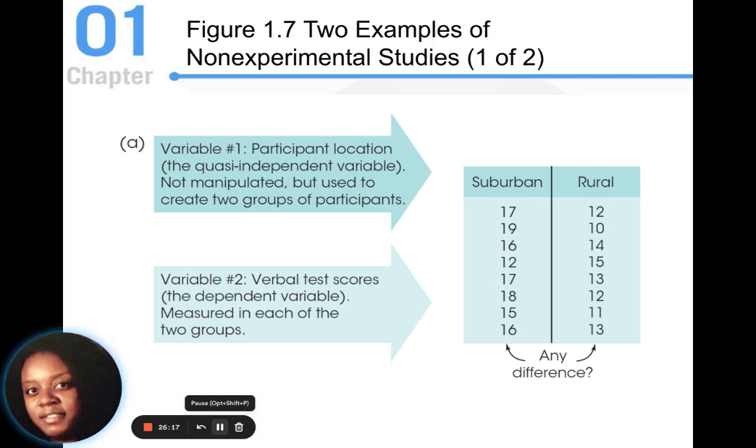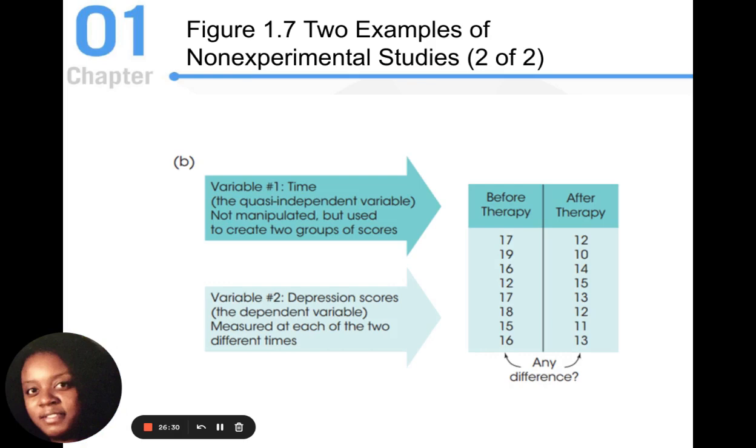And then my second variable might be verbal test scores, which is my dependent variable. So I'm measuring verbal test scores in each group, but I really can't control where they are. And then here's an example of